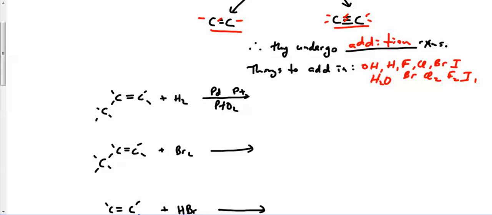I've got this alkene, I've got hydrogen gas, and I need a catalyst. I'm going to add in H2, this double bond is going to get broken, and I'm going to get propane in the end. Next, I'm going to add in Br2, that's going to get broken. One Br is coming on here, one Br is coming on here. So there's my carbon chain, with a Br added onto both, and then the hydrogens that I started with. Next guy,